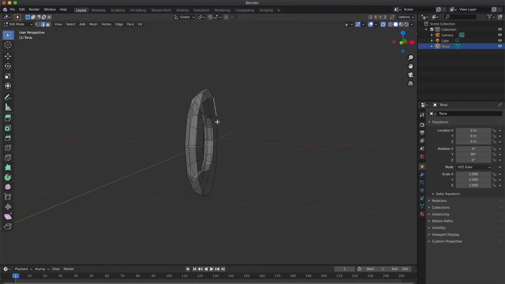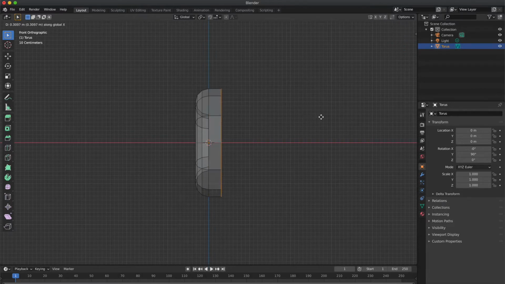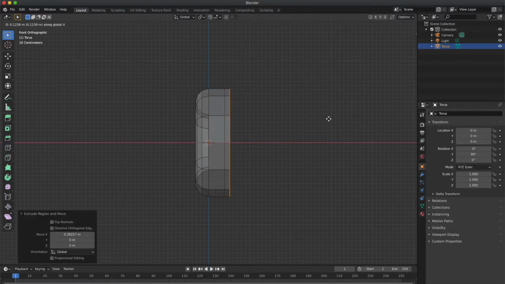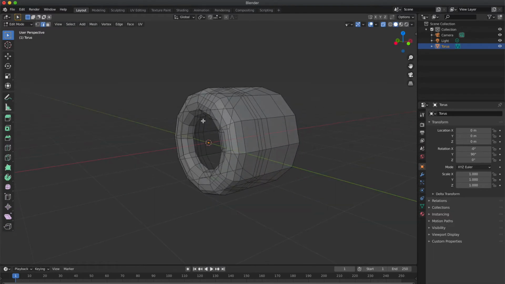And select the edges. Press 2 and press Shift Alt while selecting all edges, and press E to extrude like this. Extrude by pressing E like this, and press F to close it. We will have a new face,